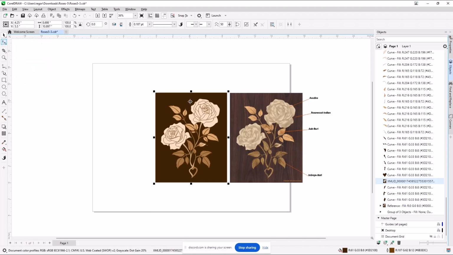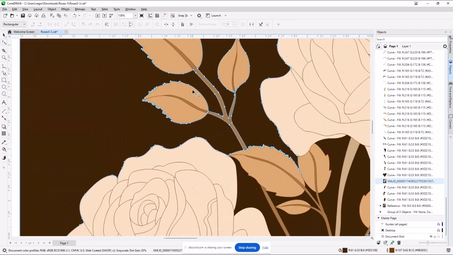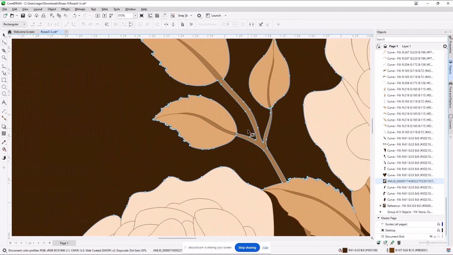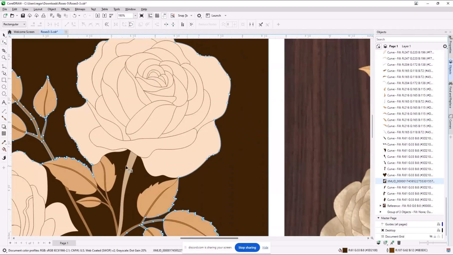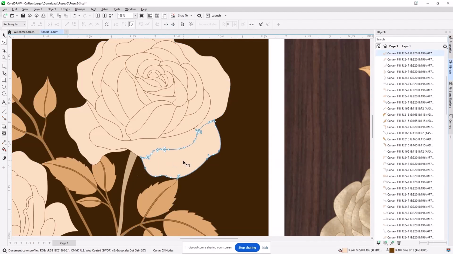If the object you selected is not a group, then when I select the shape, I am picking up all of the lines and nodes that are in that line. So you can see that's defined. A lot of it's out in here. But if you also notice, the other brown areas in this picture are not highlighted. If I select on that leaf here, that leaf is highlighted with nodes.